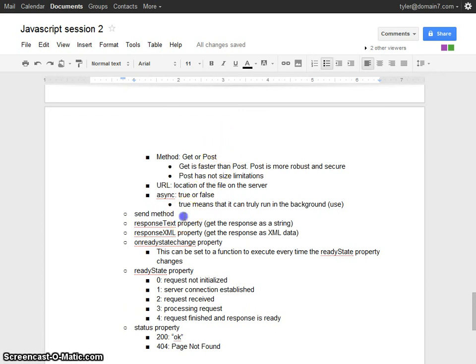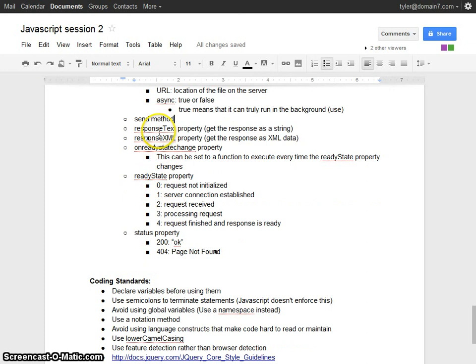The next thing that we have is a responseText property, and this gets the response from the server as a string. So if it's returning HTML, it would return that just in a long string that we could then parse.